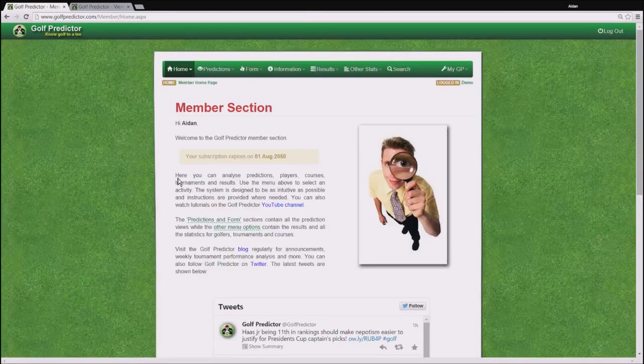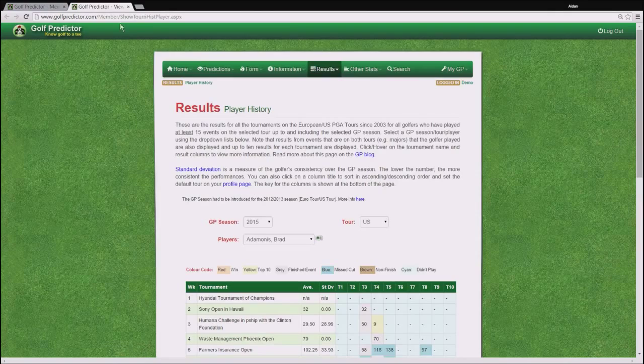In this video I shall talk about a very useful feature for fantasy golfers, and that's the player history page. You do that by going to the results menu and selecting the last option, the player history option. And if you do that, you'll be brought to the following page, which as usual I preloaded in a separate